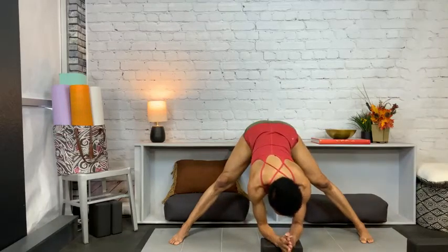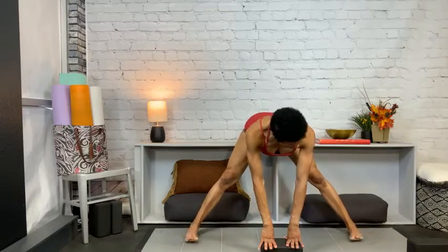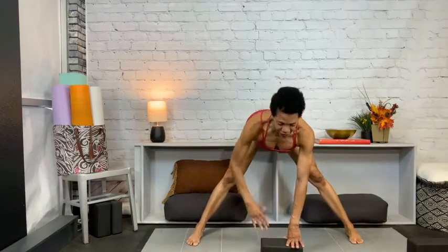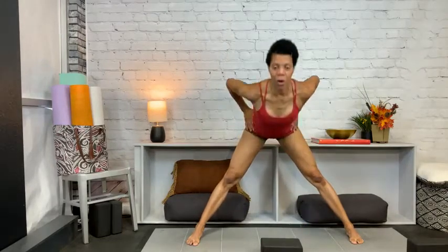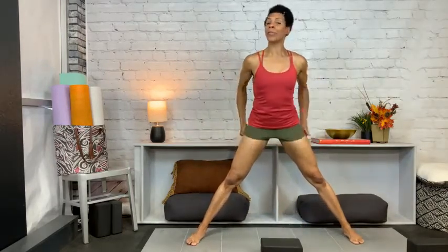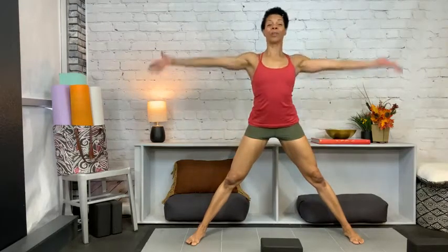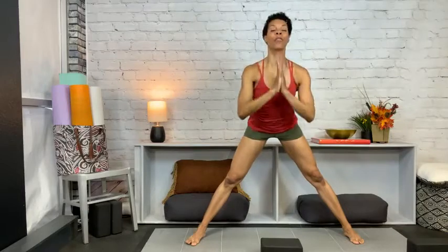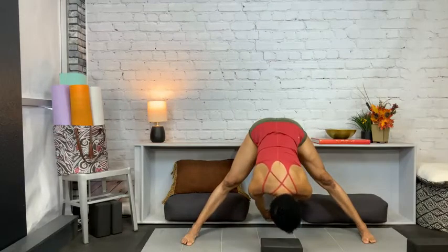All right. Let's come up, wiggle your feet in a little closer, just a little bit. Place your hands on your hips. Yeah, take a breath and come all the way up. This is Prasarita A, B, C, and D. Arms overhead. Exhale, forward fold into Prasarita. Reach the arms back and through the